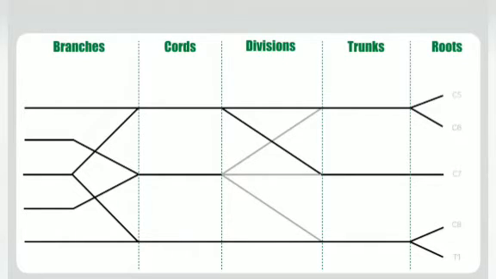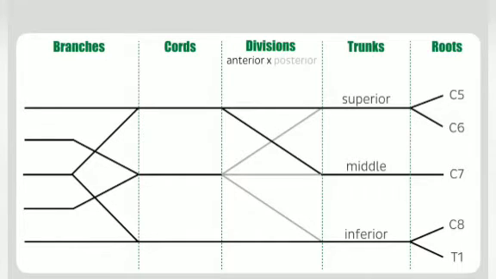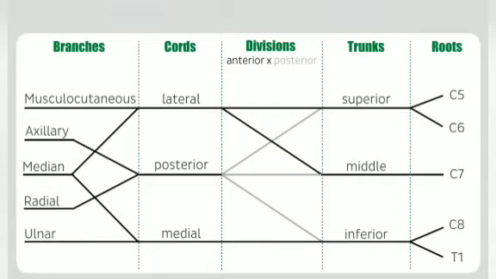The roots consist of C5 to 8 and T1. The trunks are the superior, middle and inferior trunks, which then divide off to give anterior and posterior divisions. In this illustration, the anterior divisions are colour-coded black and the posterior divisions are colour-coded grey. These divisions then contribute towards the lateral, posterior and medial cords. And finally, we have the 5 terminal branches: the musculocutaneous nerve, the axillary nerve, the median nerve, the radial nerve